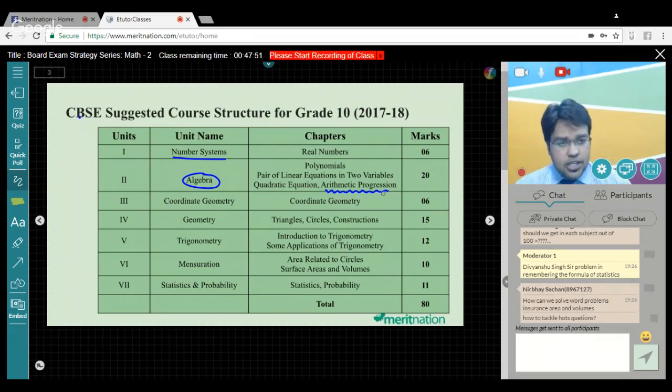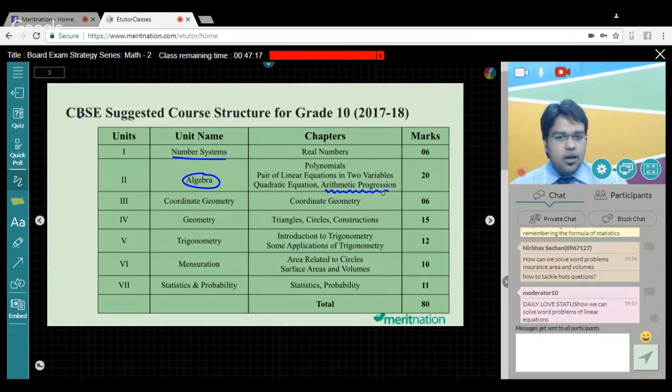In arithmetic progression, the questions usually revolve around the nth term and the sum of n terms, right? What you can expect from arithmetic progression is word problems. For the past 3-4 years, word problems have usually been asked from arithmetic progression, usually a 3 mark or a 4 mark question. Usually a word problem wherein a thief is running and picking up stones at a regular interval, bringing them back to his place. So it forms an arithmetic progression. You have to find in how much time, or at which stone he should pick, so that he covers a certain amount of distance.